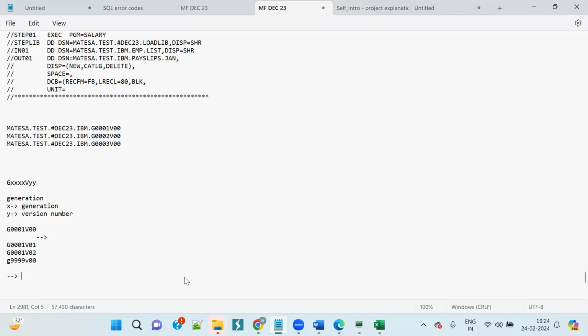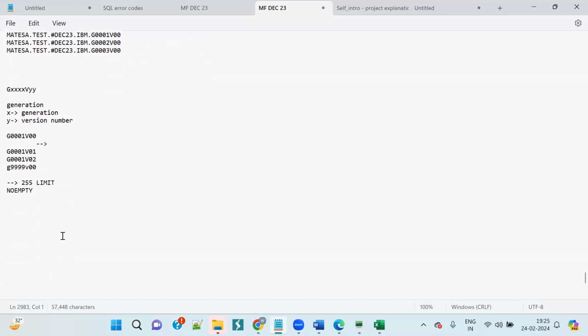Now you will be having a question. Sir, what is the maximum limit I told? 255, right? 255 is the maximum limit. So, sir, when you can have only 255 versions per GDG, how can you get 9999, right? So it is not like that. When you are having the no empty option, what is happening? When your 13th version is being created, that means here you have your G0001, G0002, G0003, G0004, G0005, like this, right? So when your 13th version is being created,